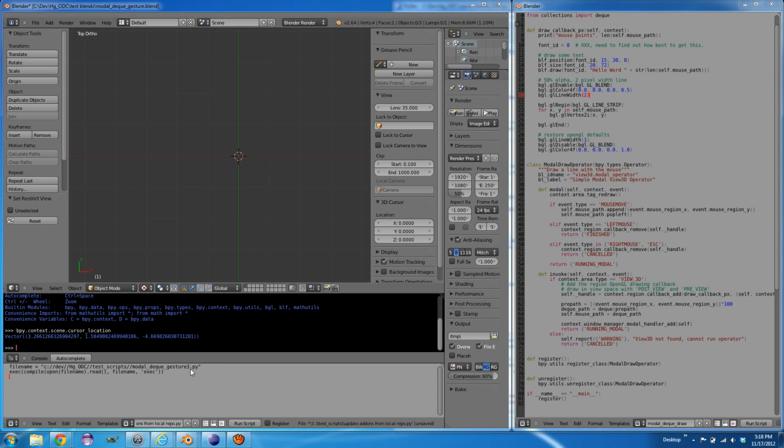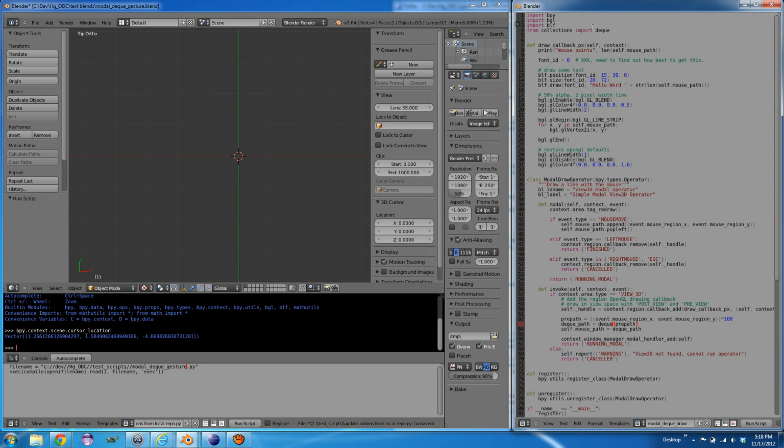Okay, so I'm going to walk you through a little progression here from the simple Modal template all the way up to gesture supporting kind of multi-function single click. Alright, so I'll run this. This is my first adaptation. All I did was I wanted to introduce a thing called deque or deque, and it's a function